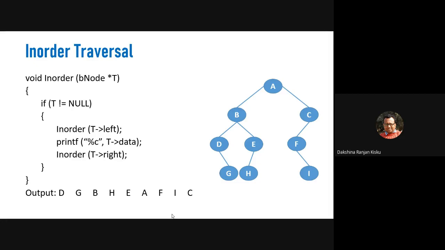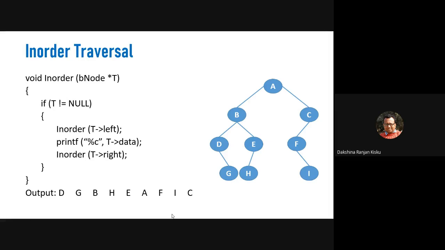Now let us consider this binary tree, where we will first visit the left subtree, and then we will visit the root node, and finally we will visit the right subtree. Okay. Now if we consider this binary tree, we can have this function definition for in-order traversal, where